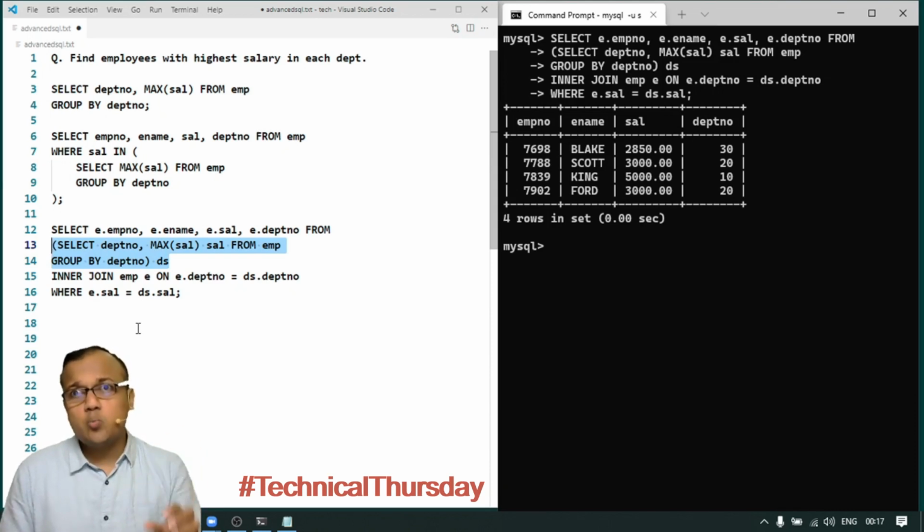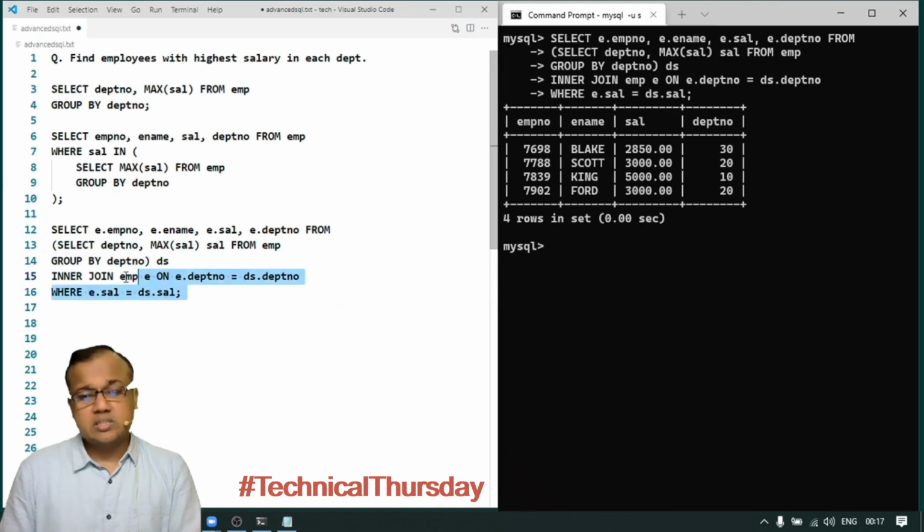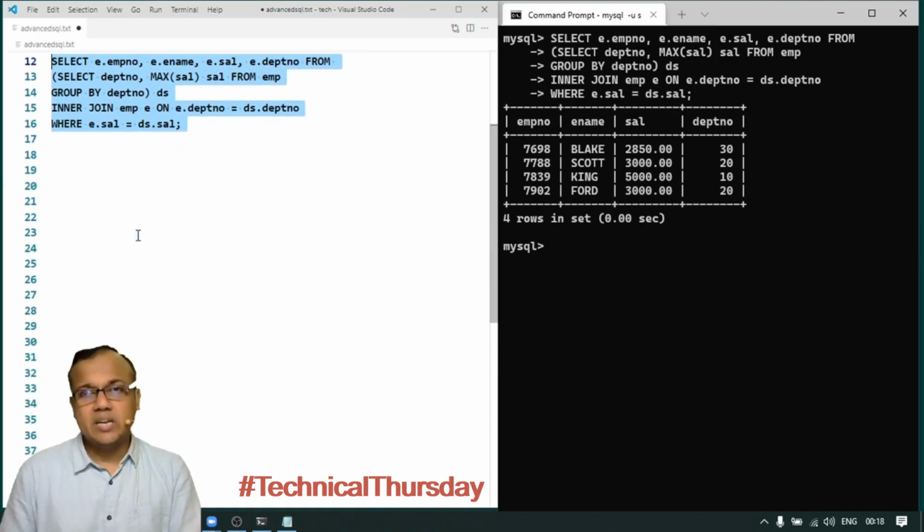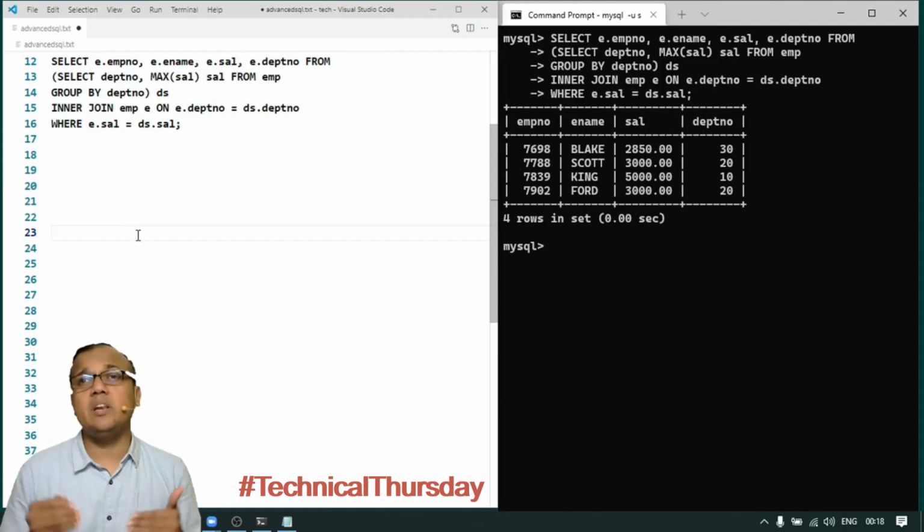This whole output of group by is considered a derived table, and that is joined with employee. The question is, can we make this query a bit more readable? The answer is yes, and that can be done by using a feature called a common table expression.